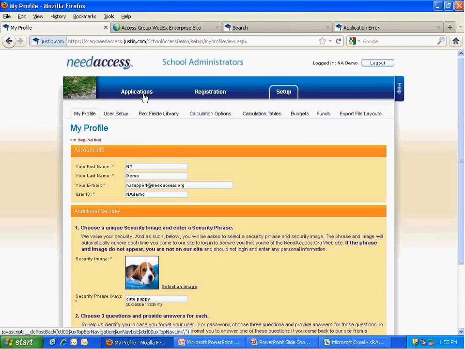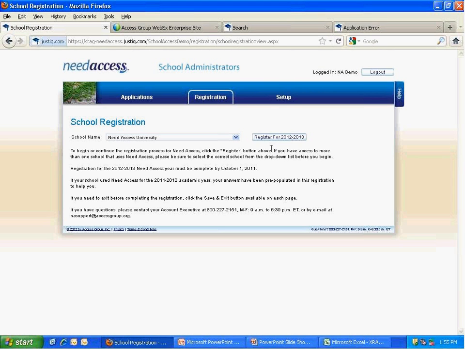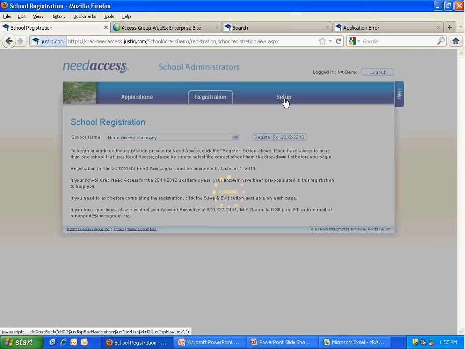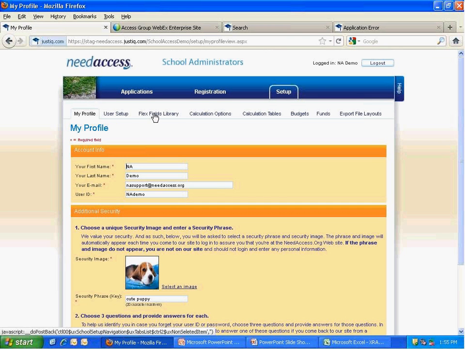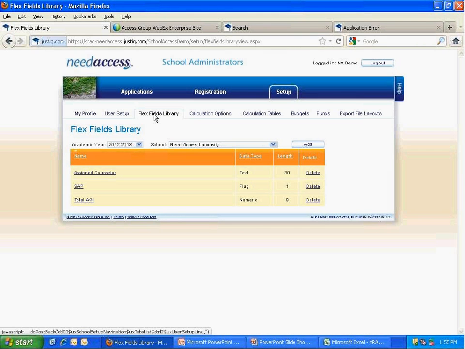Across the top, note we've got the Applications tab, which we've gone through in quite some detail. The Registration tab, whose content will look similar, but the location has changed. All of you went through this registration process back in the autumn. But from now on, it'll be all in one place under one convenient login. And then under the Setup tab, we're actually going to skip ahead to this Flex Fields library and talk about that briefly. So you can see here we have the 3 flex fields we created for